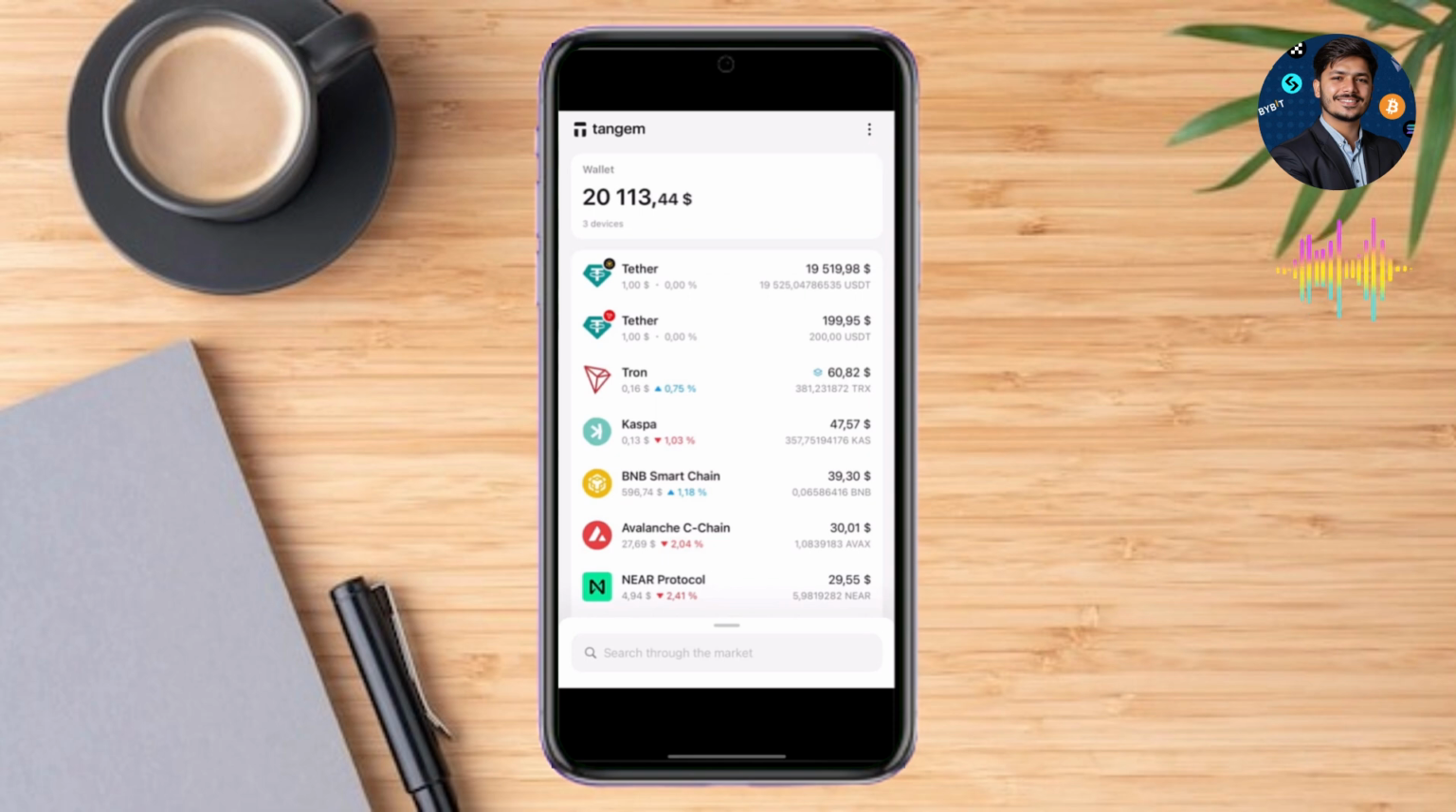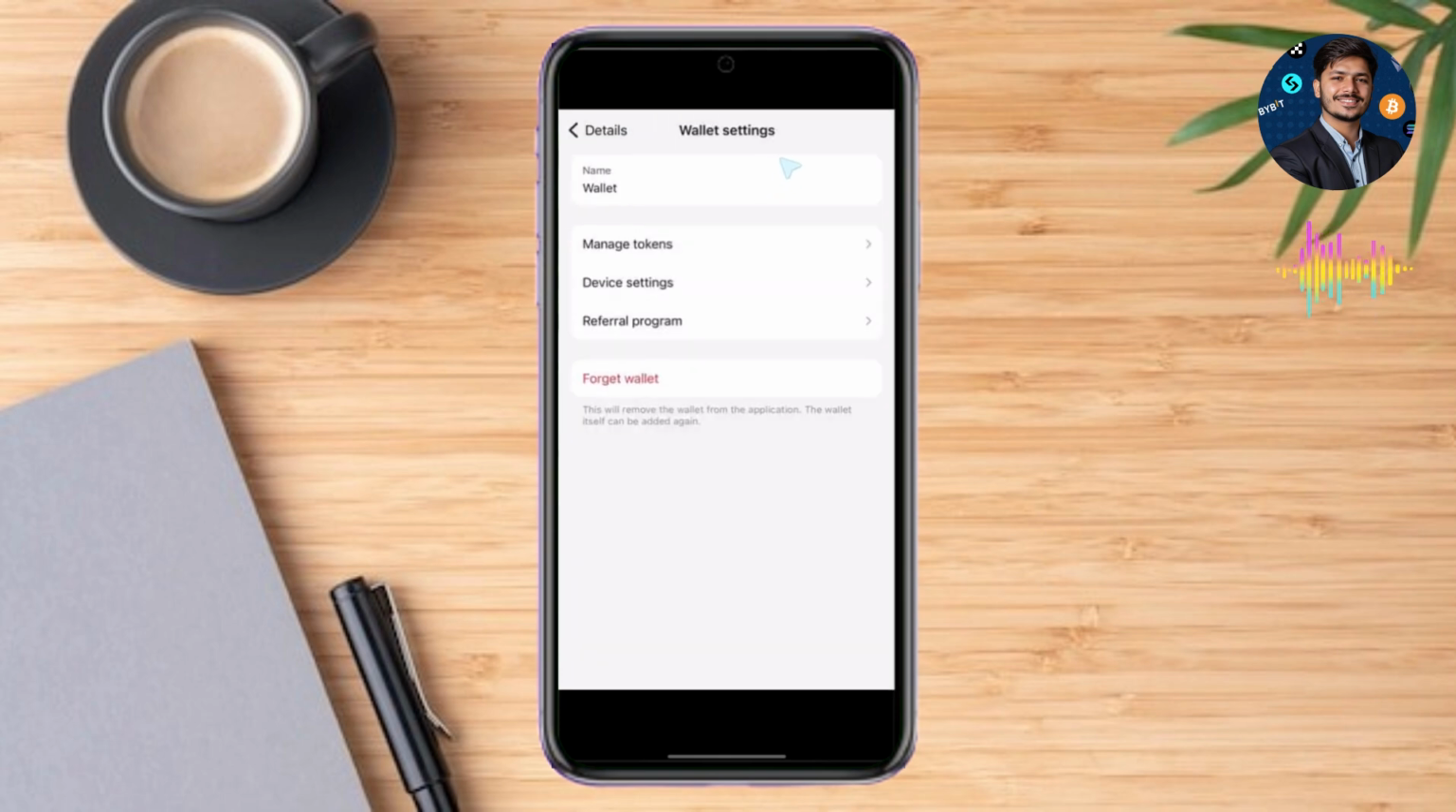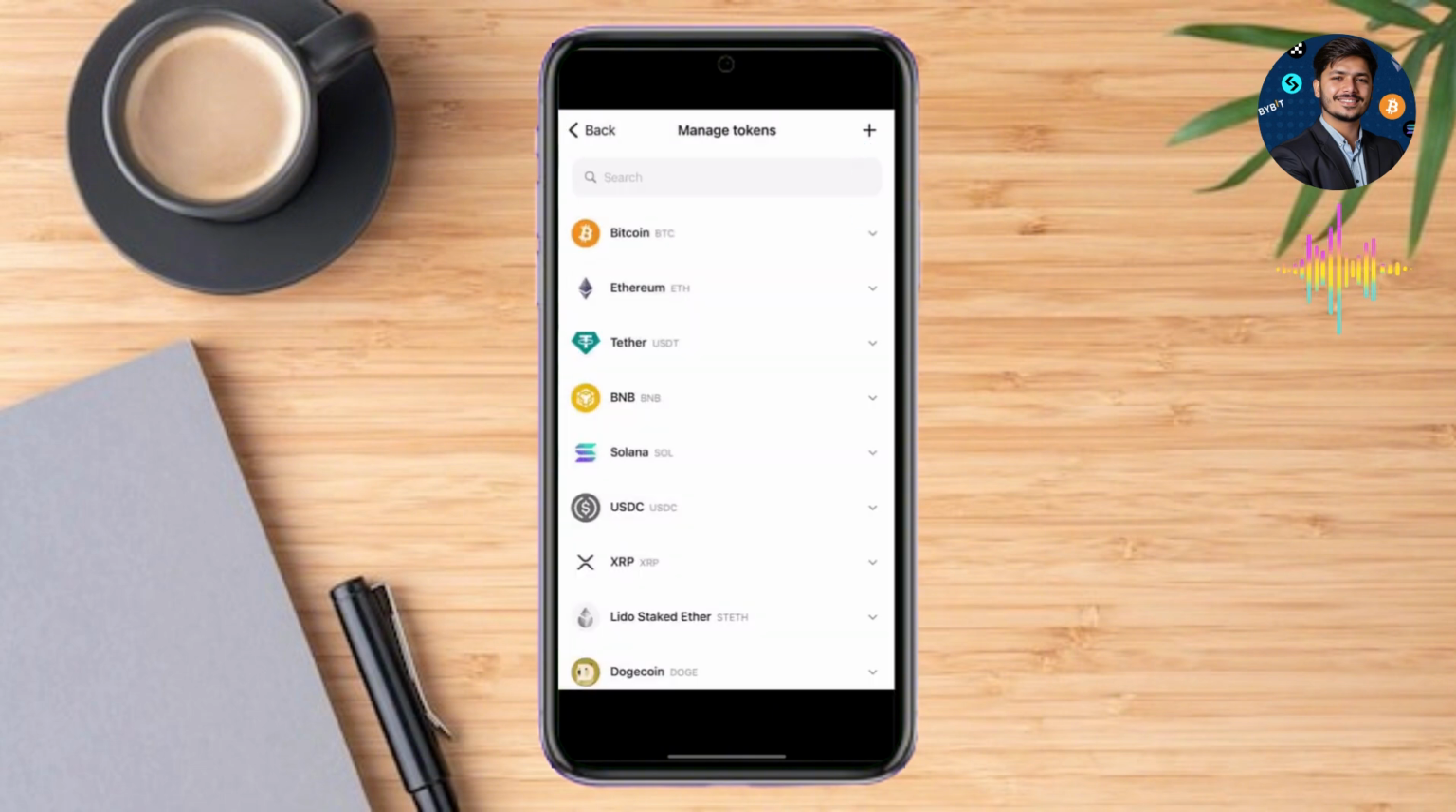Tap on the three dots icon at the top right or select a specific wallet. After selecting your wallet, you'll be taken to wallet settings where you can see the option called Manage Tokens. Select Manage Tokens. This step is crucial because if you're transferring Bitcoin from crypto.com to Tangem, you need to select